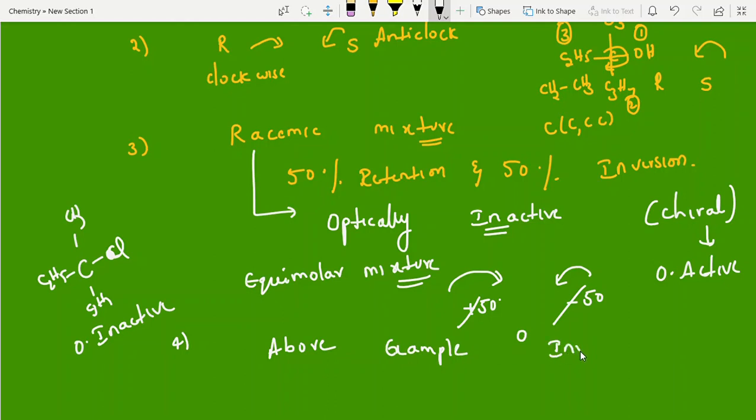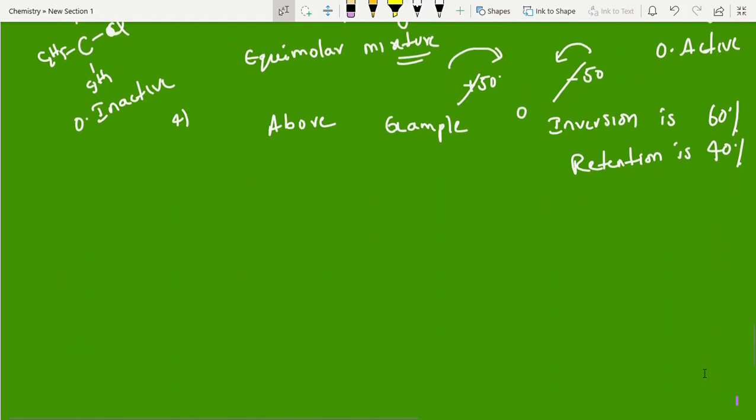Inversion. What is this? Inversion is 60%, right? And retention, how much percentage we have got from experiment? Retention is 40%. Now you can try to give answer. They will ask your question, which is the dominating one. Dominating one means inversion only. But how much percentage is racemic mixture? Racemic mixture is racemization. How much percentage? Above example, 80%. 80% racemization